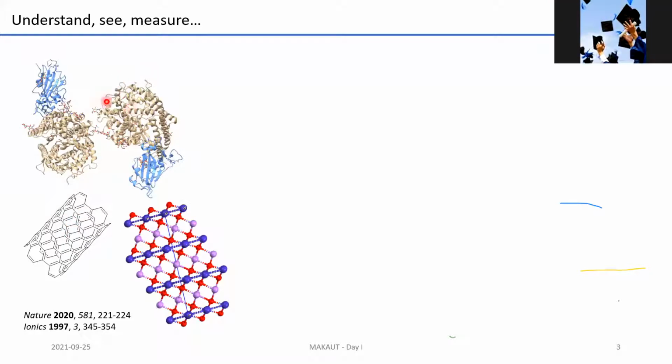The picture on top is quite pertinent with the current times. This is essentially the receptor of the spike COVID protein. That's the spike protein of the coronavirus that is binding to the angiotensin converting enzyme, that is the ACE2, that's present in our body. So essentially, this is the coronavirus binding to the protein in our body, and thus this is one of the defining moments in which the virus starts infecting the body. This is measured using cryo-electron microscopy.